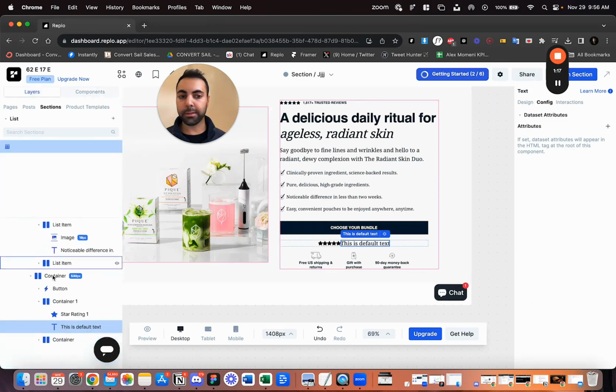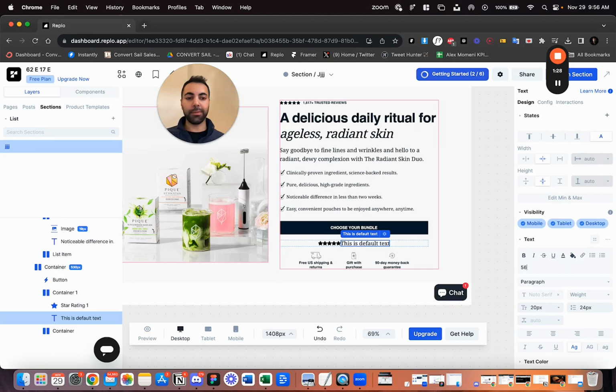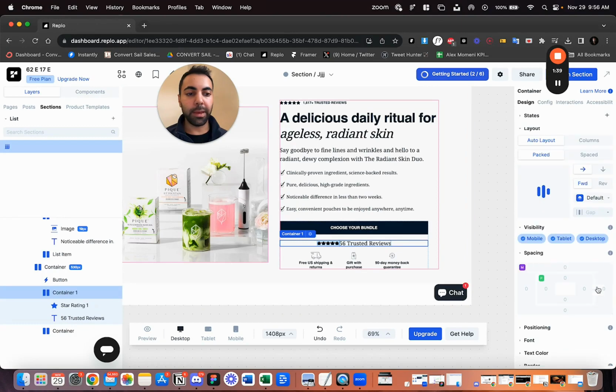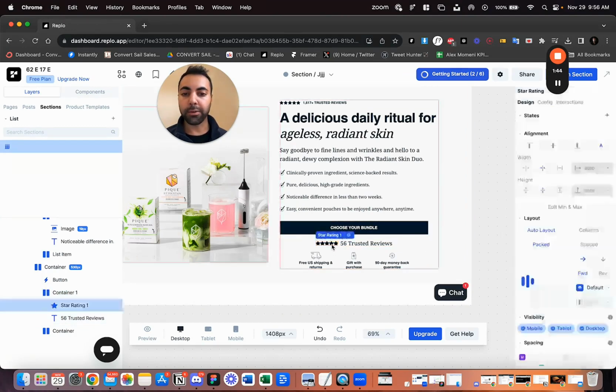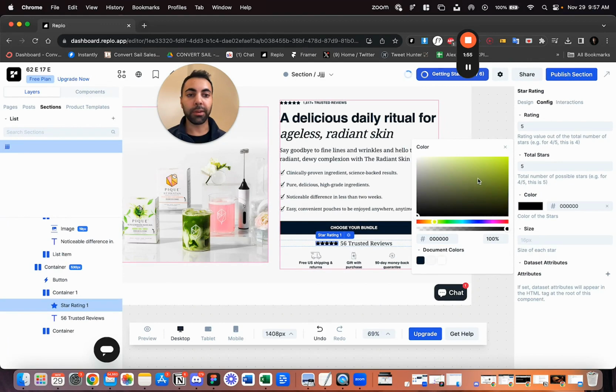Now for this text, let's say, just like that, let's say trusted by, let's say 56 trusted reviews. And for here, you want there to be a little space, so we're gonna add a gap. Let's try 8. Yeah, 8 pixels is fine. Now for the stars itself, you want to design up the stars. So we go to config, color, usually gold, or if you have a specific brand color you want to do,